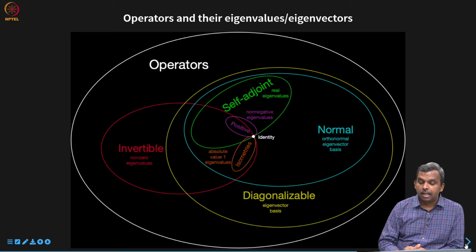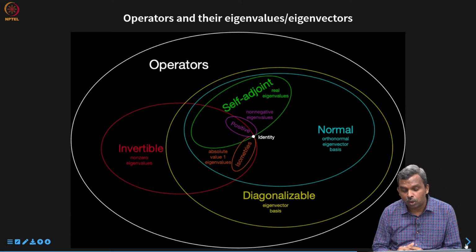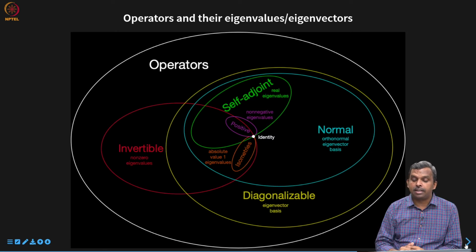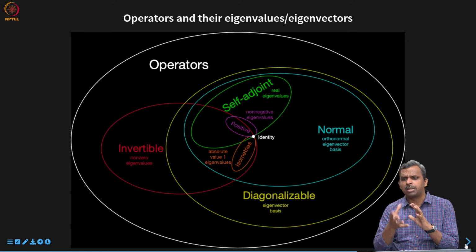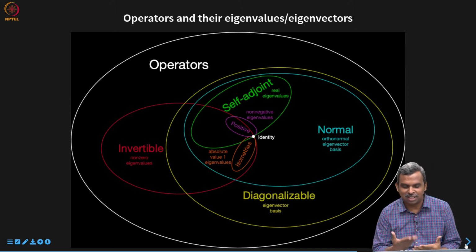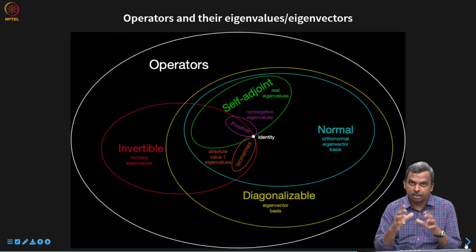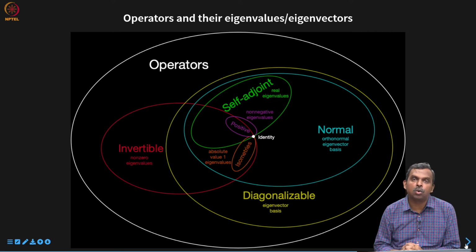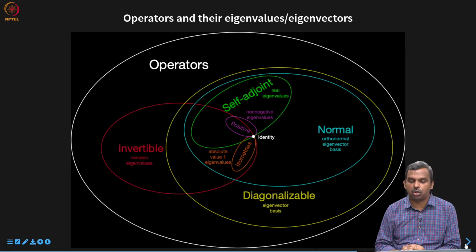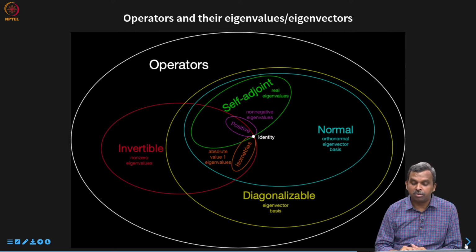Okay, and then we studied isometries. Isometries are normal, and they have eigenvalues with absolute value 1. Every eigenvalue has absolute value 1, and an isometry also preserves norm and inner product. So it has to be invertible, right? Isometries will lie entirely inside the invertible set. Every isometry is invertible. No eigenvalue is 0, so all eigenvalues are non-zero, so it's going to be invertible.